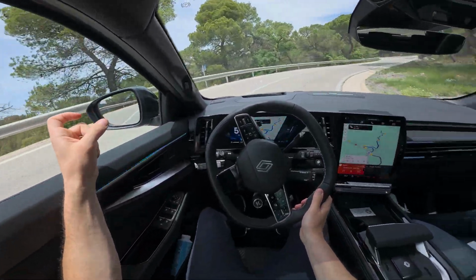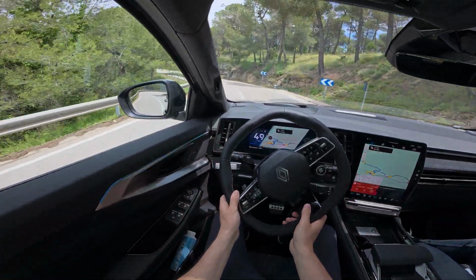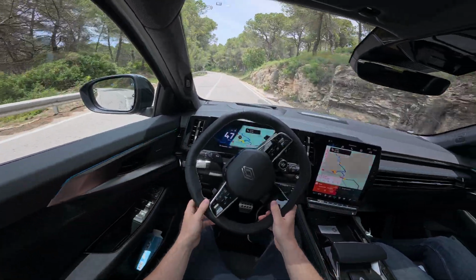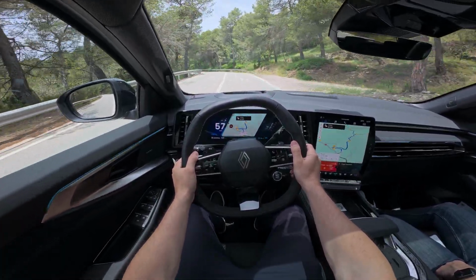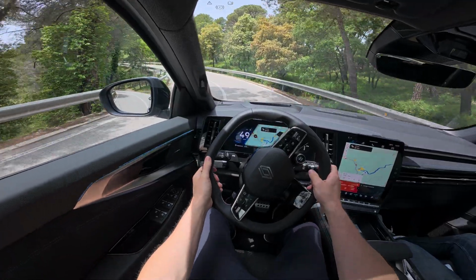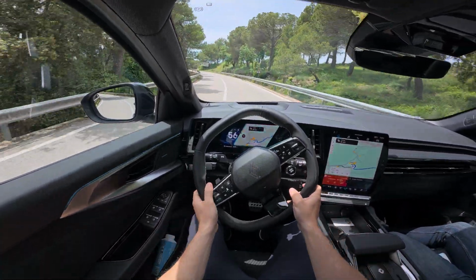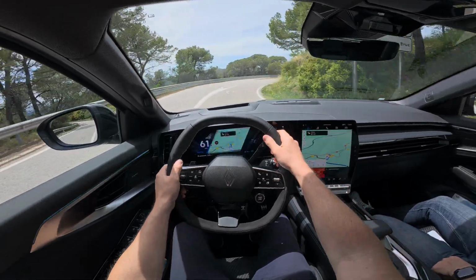Also we have double glass on the front and single glass on the rear. On the Esprit Alpine, on the Techno version, it is just single glass. That's also very important, at least at high speeds on the highway. But overall it feels like it's a better built car. If you ask me, I would say 10 to 15% better than the previous